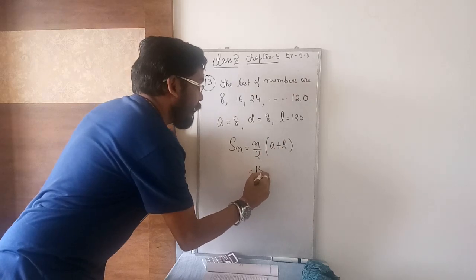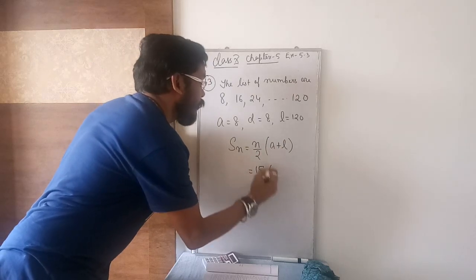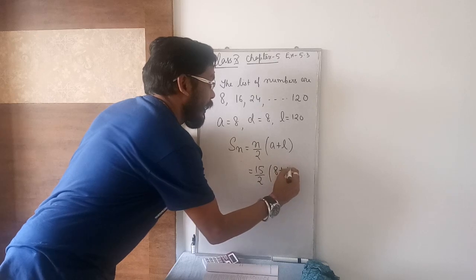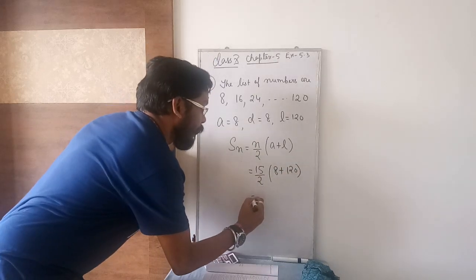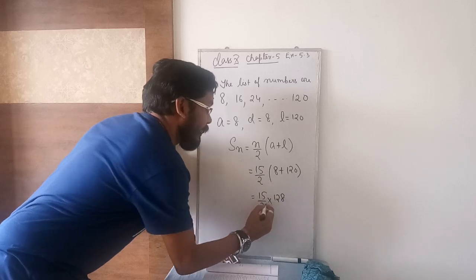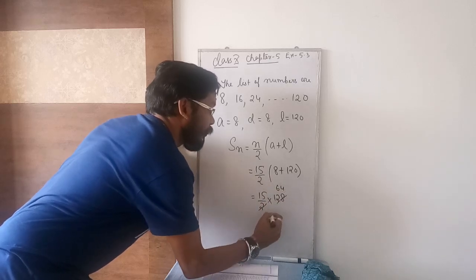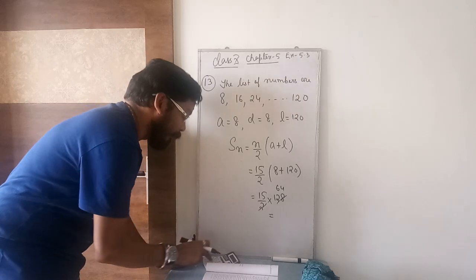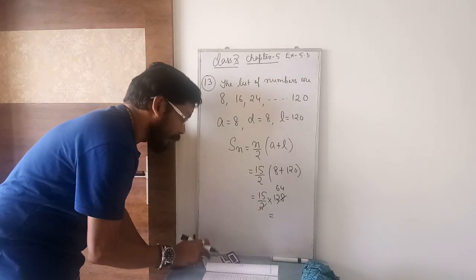In place of n you put 15, so 15 by 2, a is 8 and l is 120. So 15 by 2 into 128, cancel it, 2 times 64 is 128, so 15 into 64, you will get